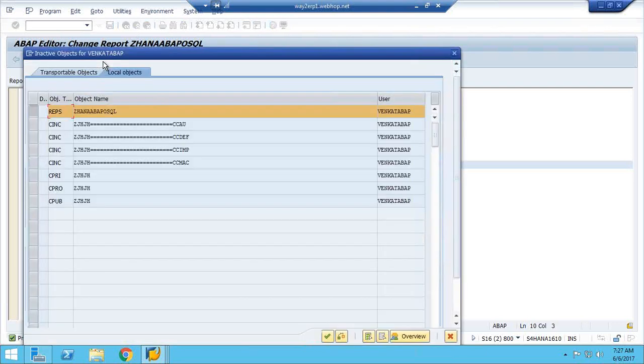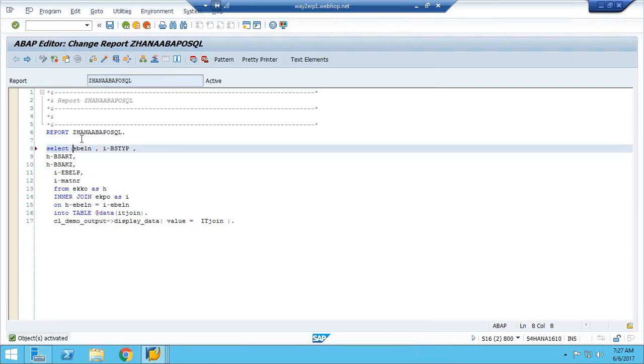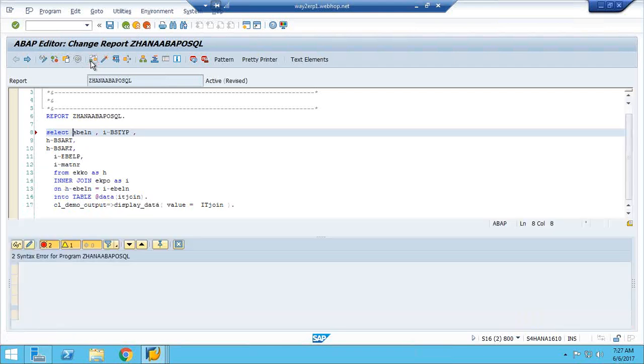But it didn't give any error, right? If it is unique, if it is not in both tables, it won't give an error. It didn't give any syntax error even if you don't mention H.